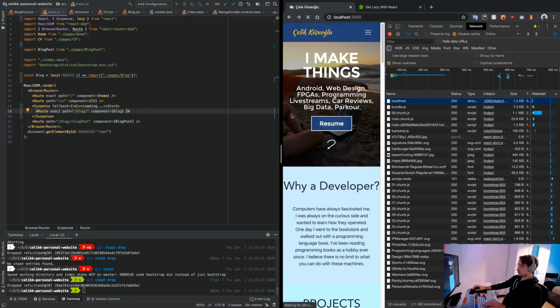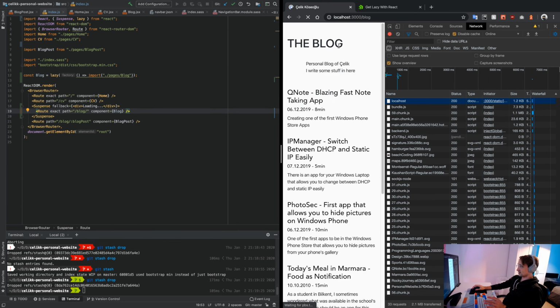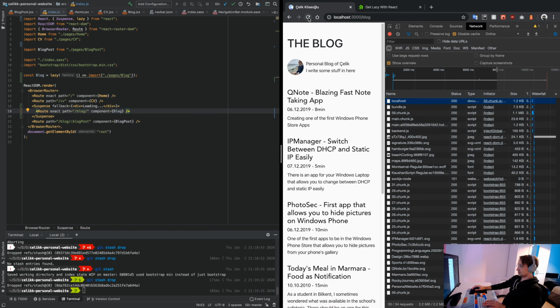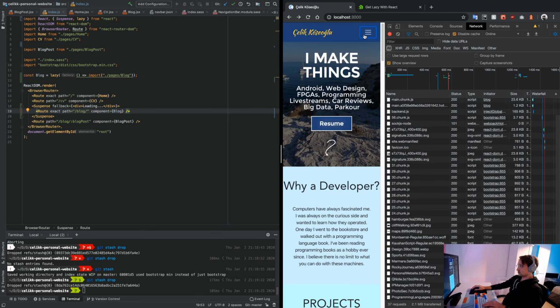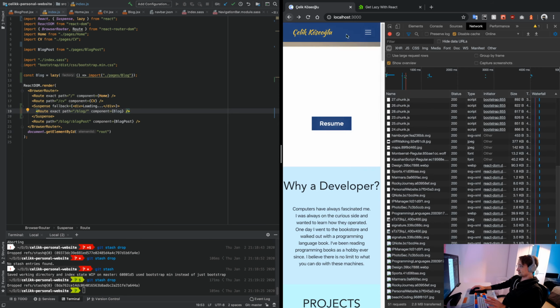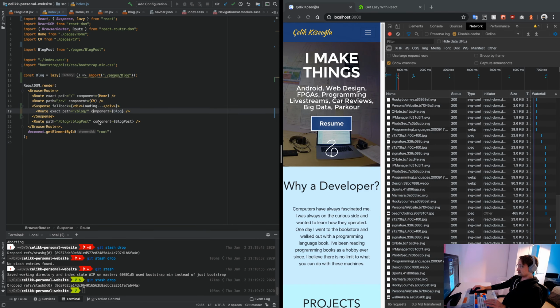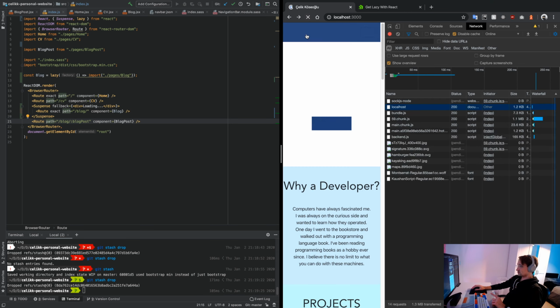And if we go to the website, as you can see, nothing has changed, right? Everything looks the same. If I click on blog, we navigate to the blog. Well, the image took a while to load, but anyway, that's not the point, right? If you go back, if you click the blog, it's already there. Everything is right there. So let's go back to the home page. It's lazily loading now. Yes, we've probably saved a tiny amount. We're going to check how much we've saved in a bit, but before we do that, let me show you